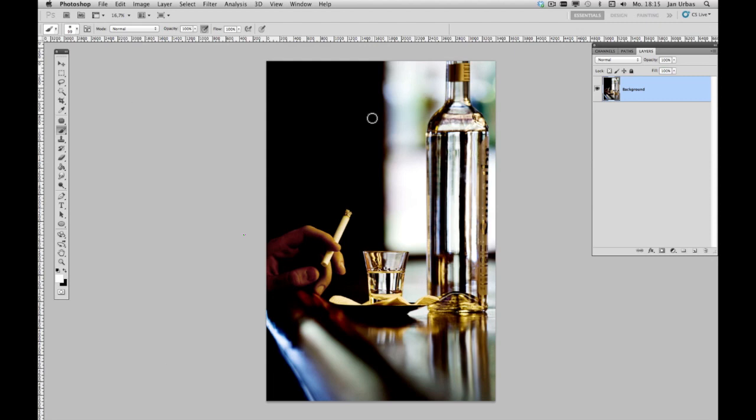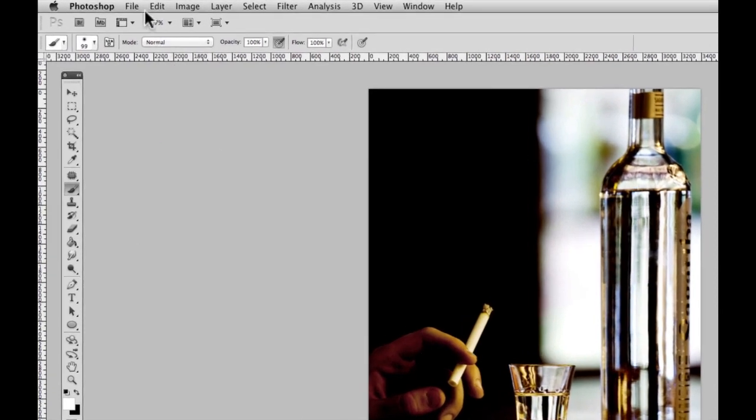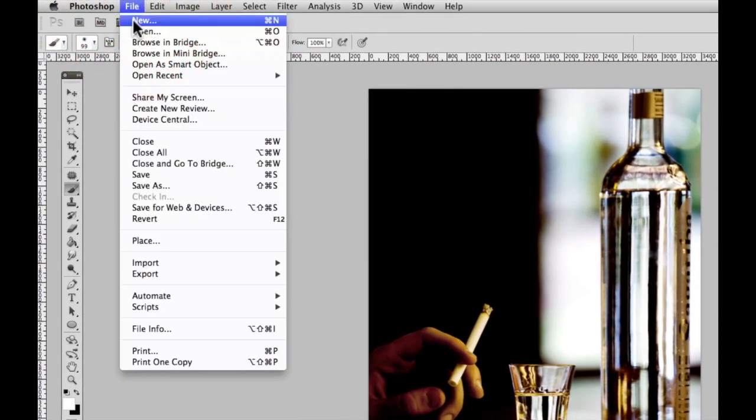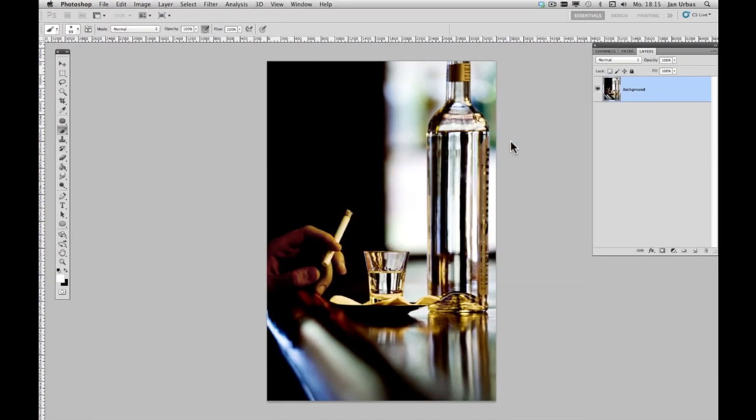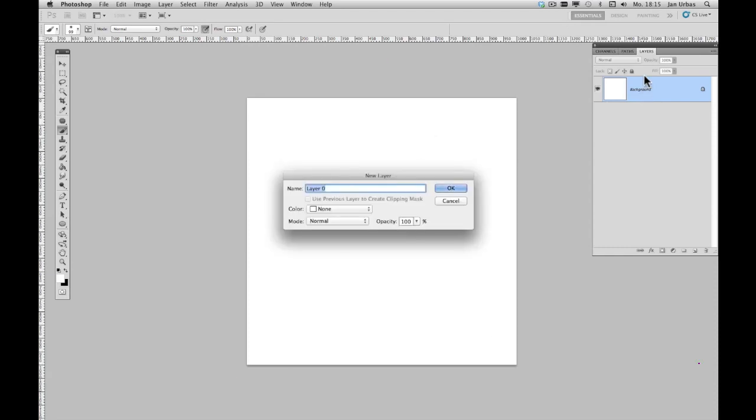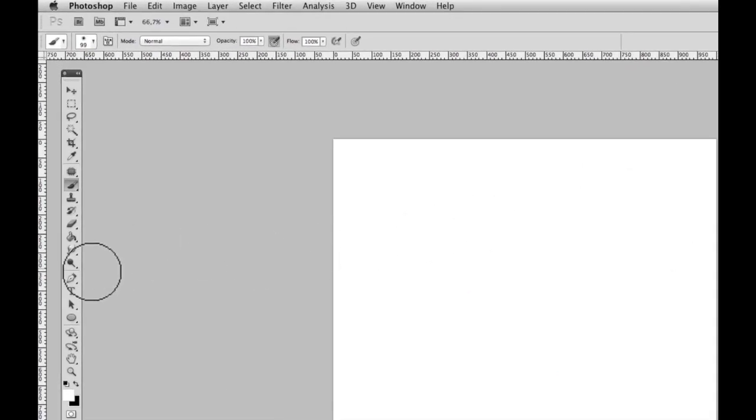Today I'm going to show you how to create smoke, which you can use for a cigarette like we have right here, or the exhaust pipe of a car, or whatever you need it for. So let's start off by opening up a new file, and then make sure you fill your background layer with